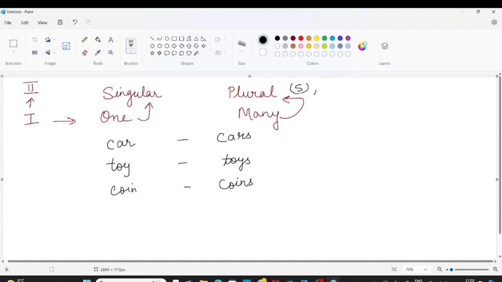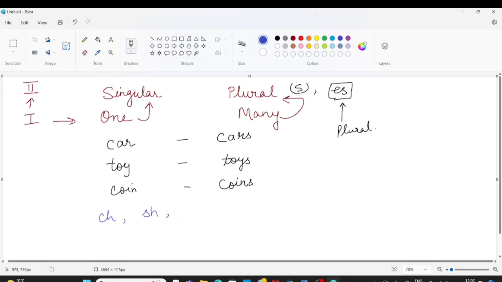But we have various other words where we have to use es for making the word plural. So in today's video, I'll help you learn all these words where you can add es. We have to remember a simple rule: if the word is ending with ch,